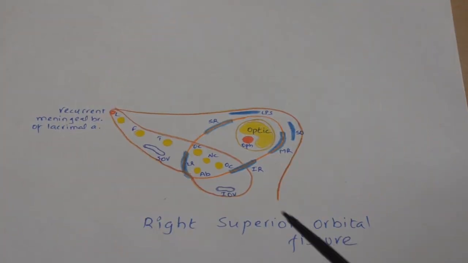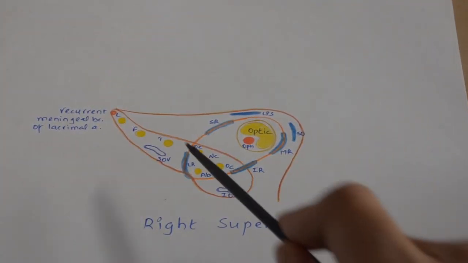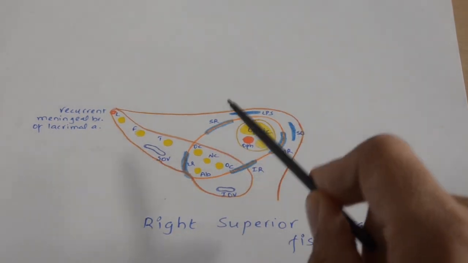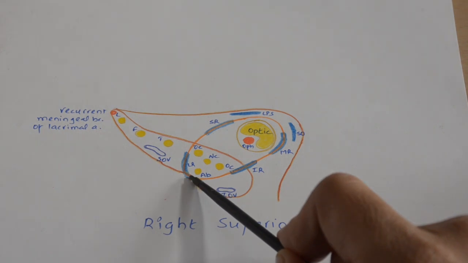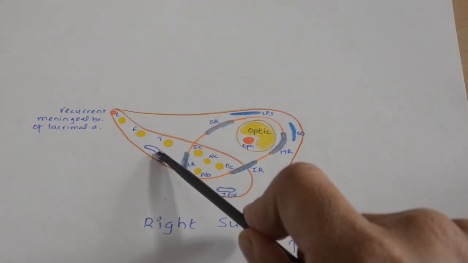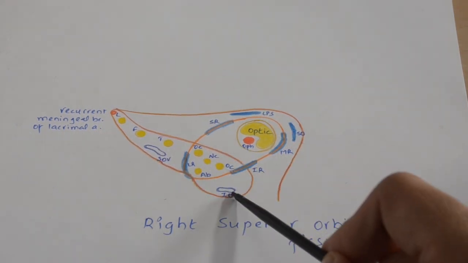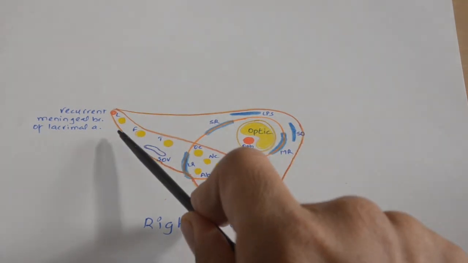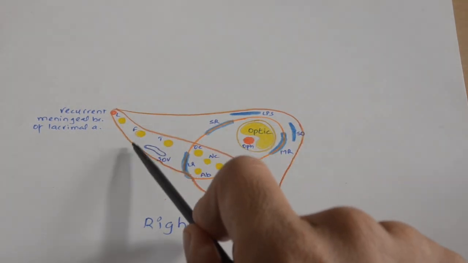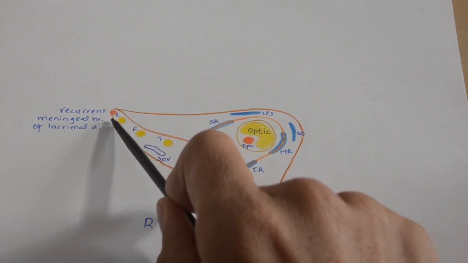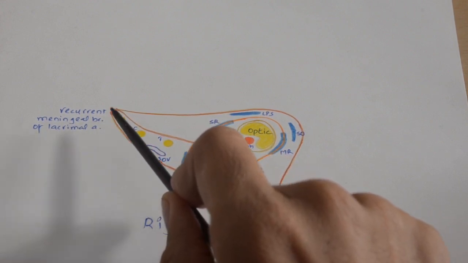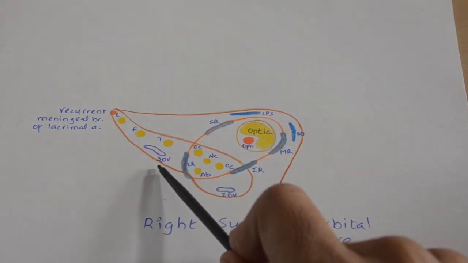So here in this diagram it is showing the right superior orbital fissure, which is retort in shape, and the tendinous ring of Zinn, which is attached to its lower margin, will divide the fissure into lateral, intermediate and medial compartments. From the lateral compartment, the lacrimal nerve, frontal nerve and trochlear nerve will pass. Apart from that, it will also allow passage of the recurrent meningeal branch of the lacrimal artery and the superior ophthalmic vein.